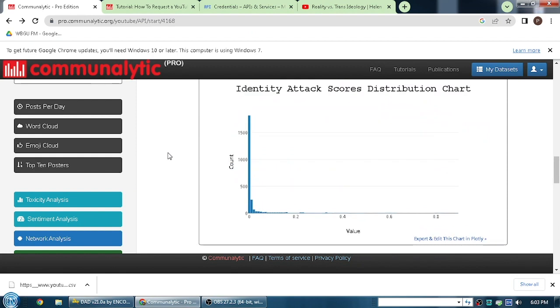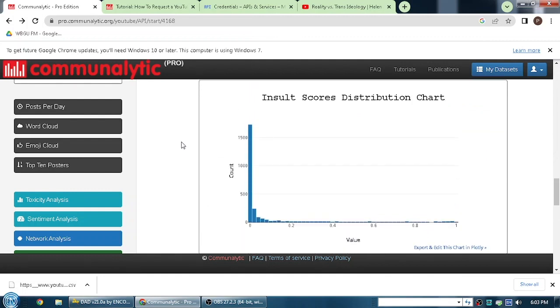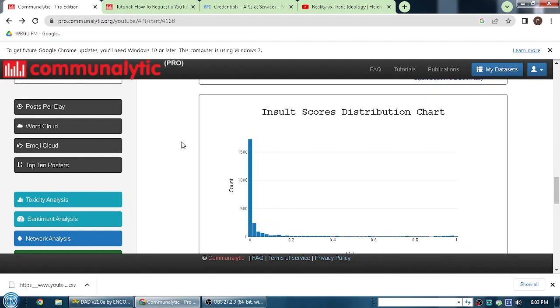So again, this information is really interesting because you can compare and contrast between these different people, and that can give you a lot of information. But what it doesn't tell me, I think, is the motivation behind who's commenting and why. It just gives us that strict data about who is doing it and when. Just no whys. All right, the insult scores distribution,